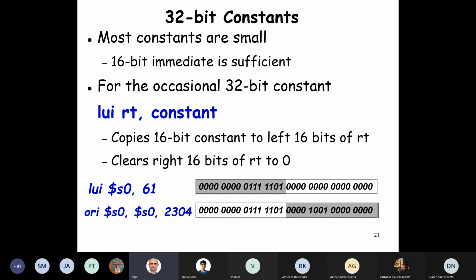We have this facility available, load upper immediate, LUI, and we give this constant which is 16-bit. In the destination register, which is called RT here, the target, the 16 bits are loaded in the topmost bits of the register RT.